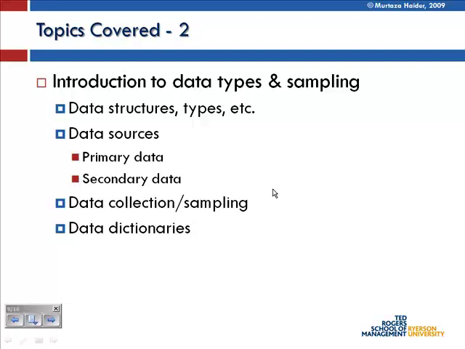The first step in data analysis is to understand how many types of data are there. How do you collect data? What types of data are out there, and how each and every different type of data are collected. What do we mean by sampling? How do we collect information from a sample coming out of a very large population?